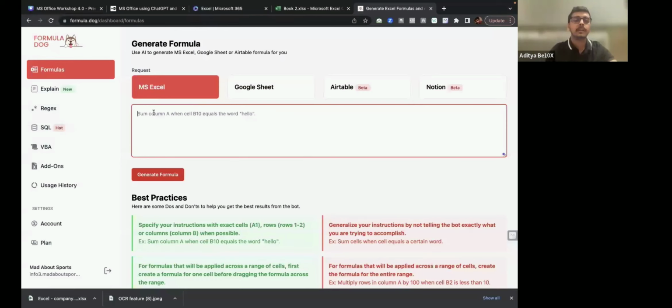Now over here, if I want to figure out any formula, let's take a simple example. Maybe something like, let's say you want to figure out whether a student has passed an exam or not, find out